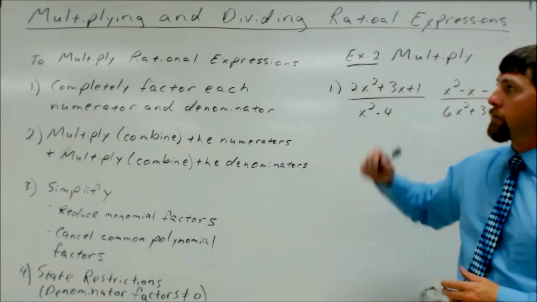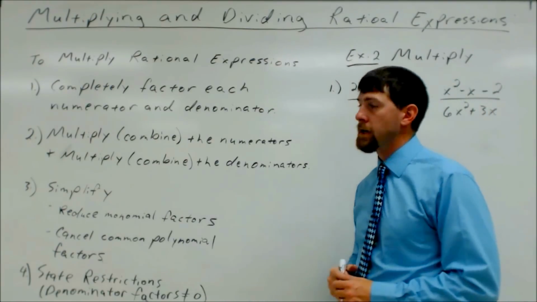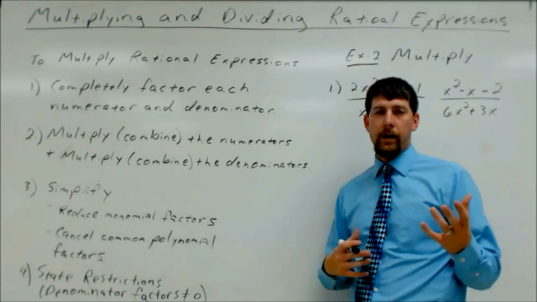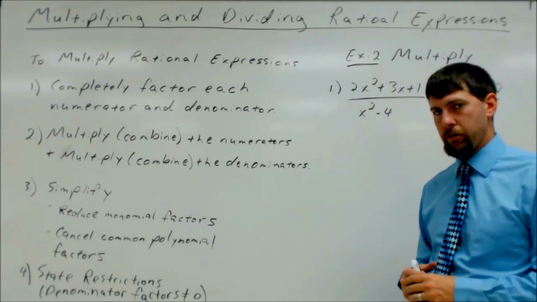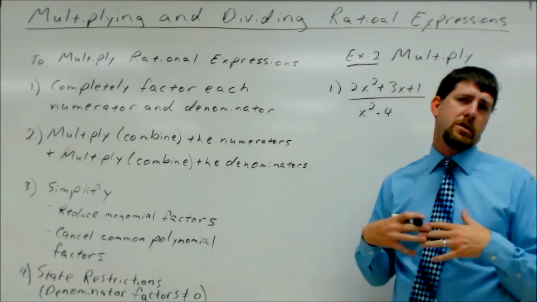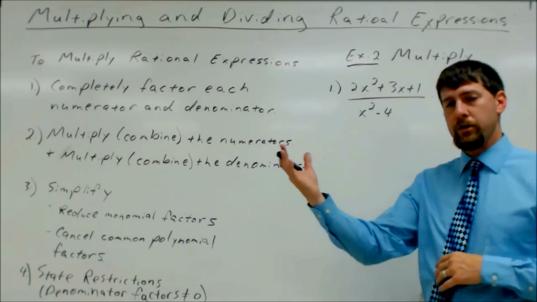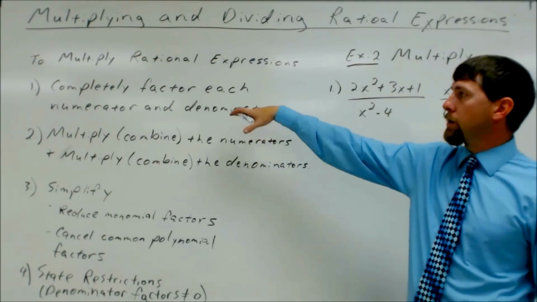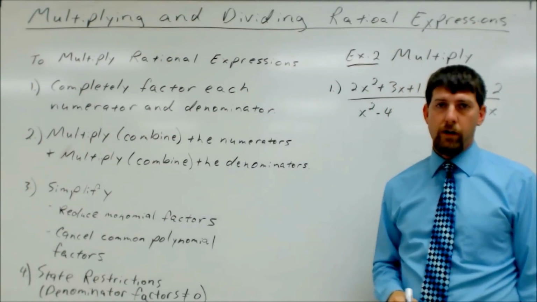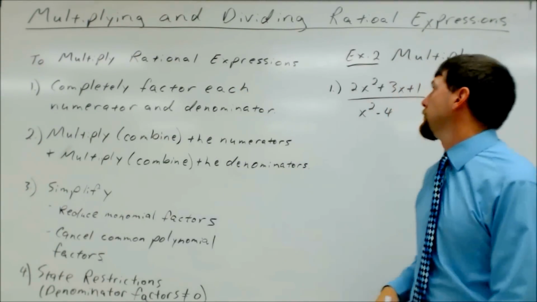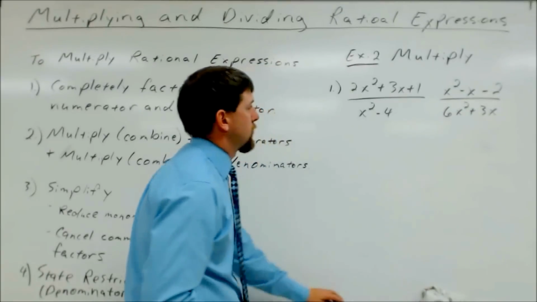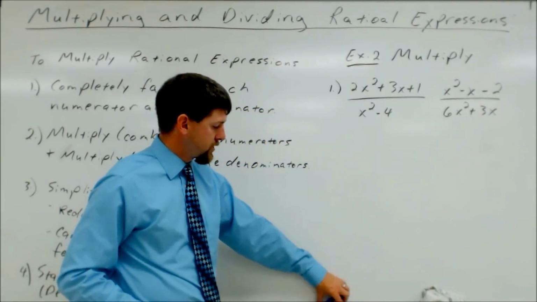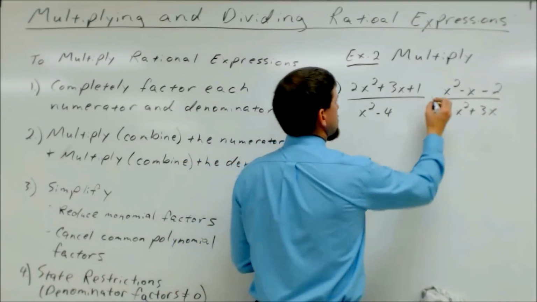Now we're going to look at how to multiply rational expressions. So it's going to go back to like we did with rational numbers. You're really just combining the numerators, combining the denominators, and then reducing your fraction. So we're going to start by completely factoring each numerator and denominator. So for example, in number 1 here, when I go and completely factor each numerator and denominator, right there,